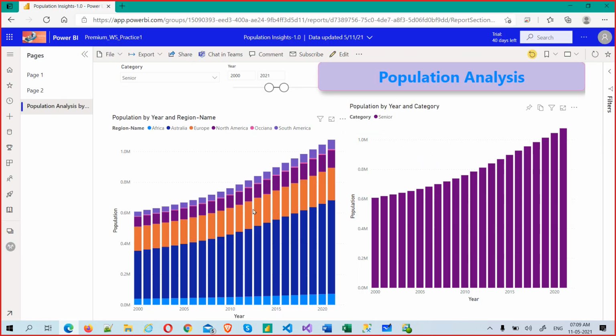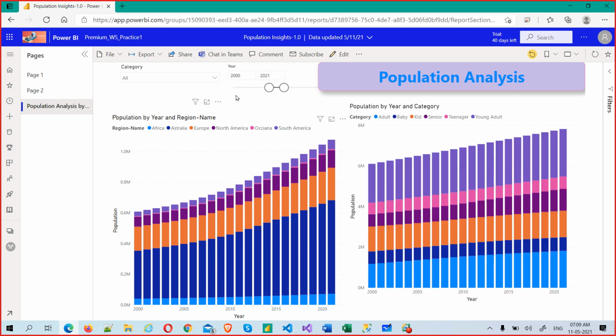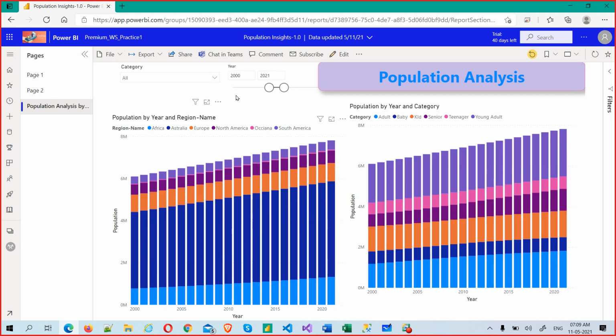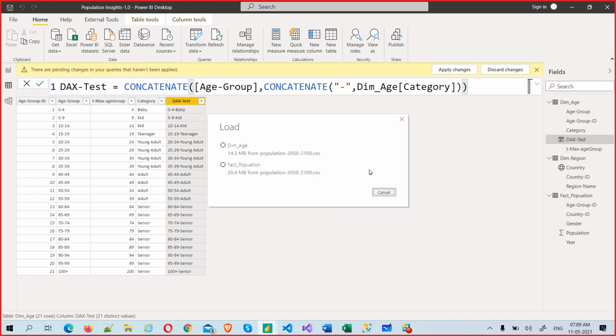Do you want to publish any reports? I think I have given to many people. If anybody didn't receive, just ask me, and I will give you. Just ping me on WhatsApp.